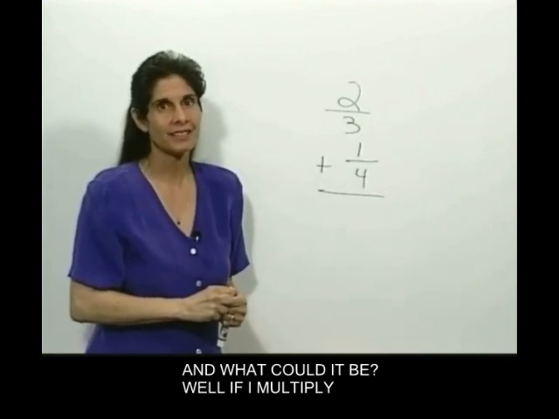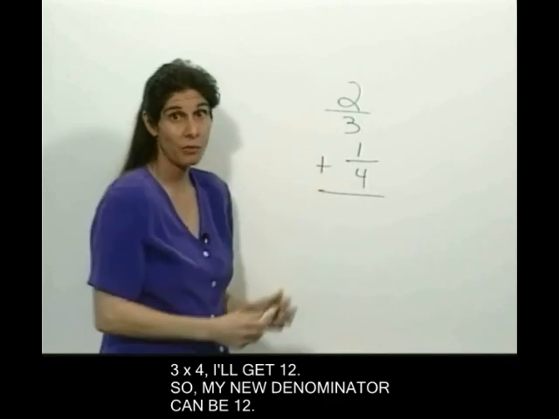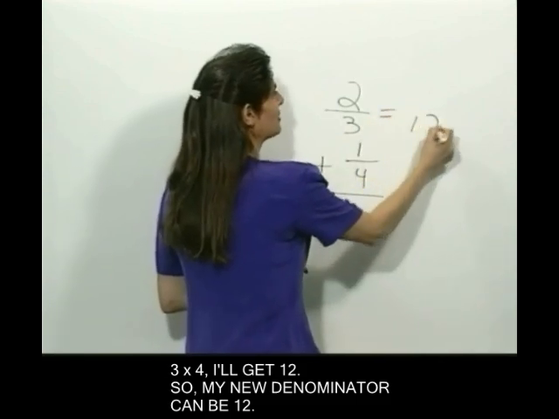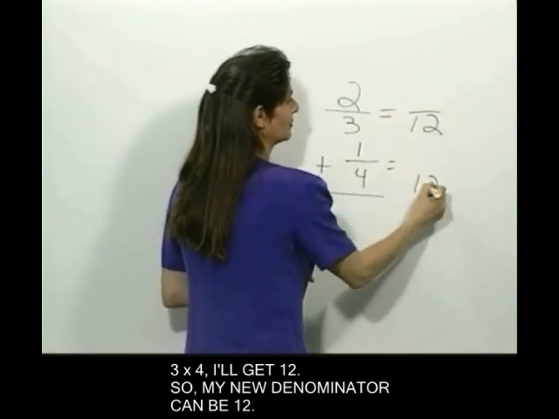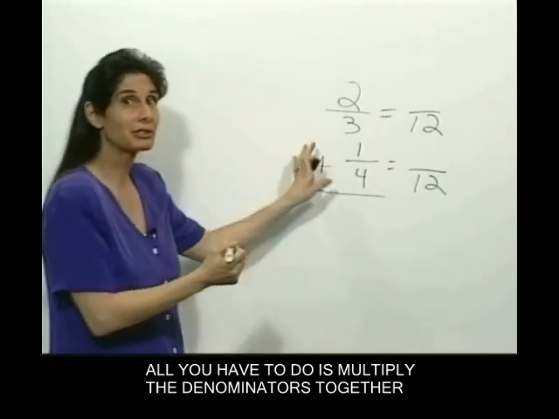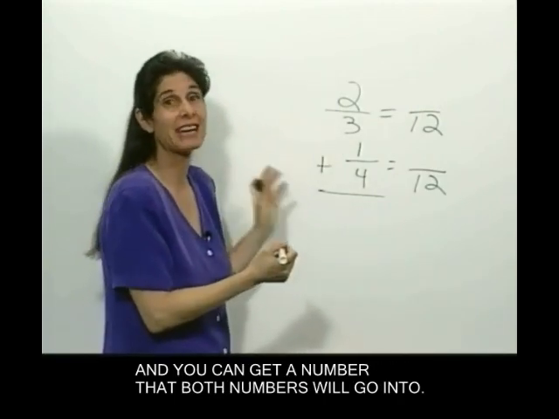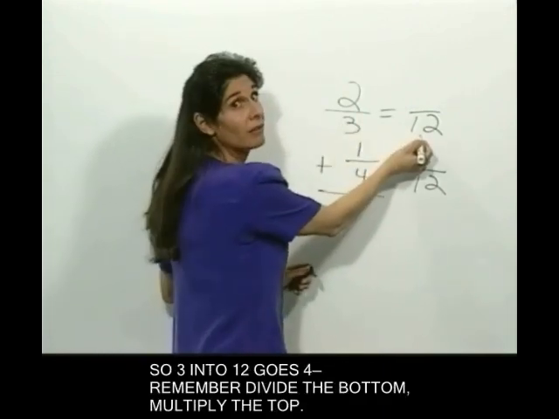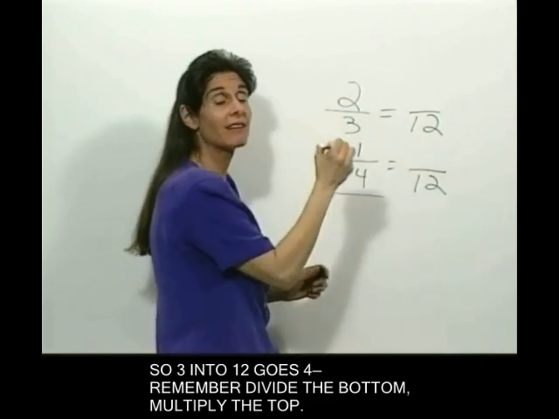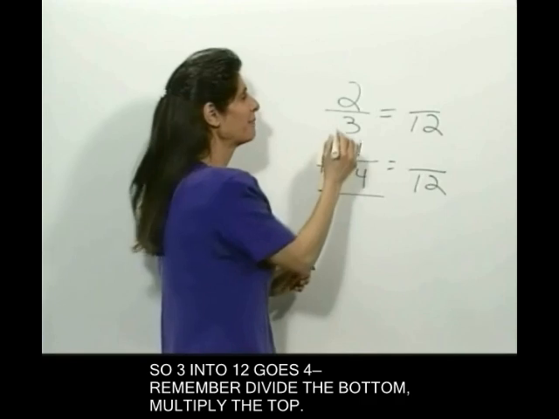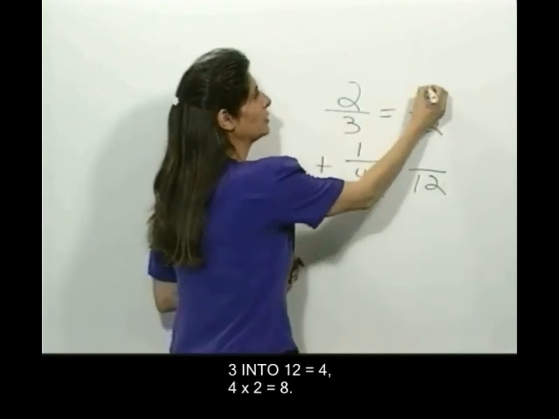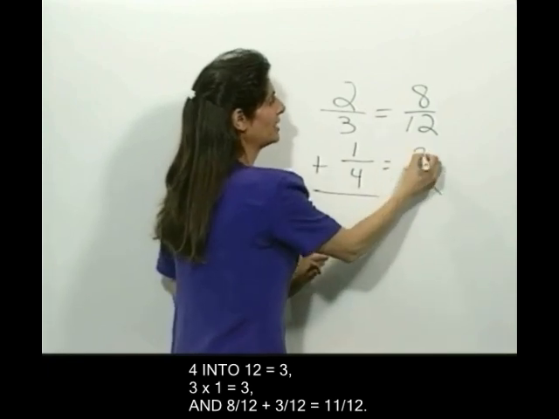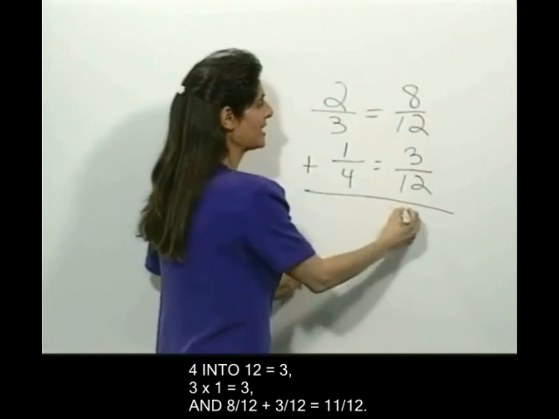And what could it be? Well, if I multiply 3 times 4, I'll get 12. So my new denominator can be 12. All you have to do is multiply the denominators together, and you get a number that both numbers will go into. So 3 into 12 goes 4. Remember, divide the bottom, multiply the top. 3 into 12 is 4. 4 times 2 is 8. 4 into 12 is 3. 3 times 1 is 3. And 8 and 3 is